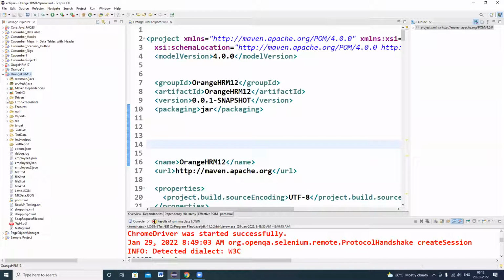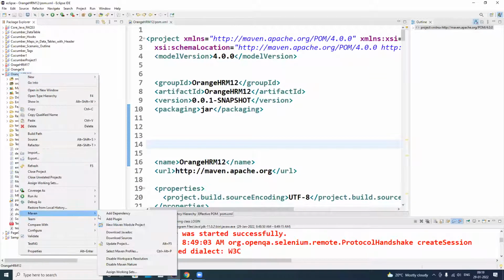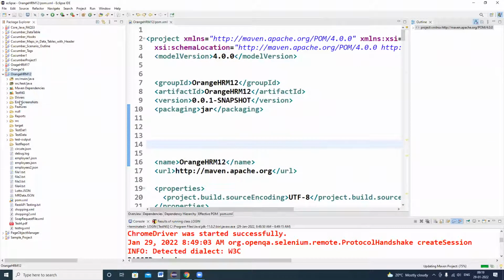And make sure, sometimes you are not able to see the JRE System Library after running Maven Update Project. Sometimes it will be missed whenever you update the Maven project.